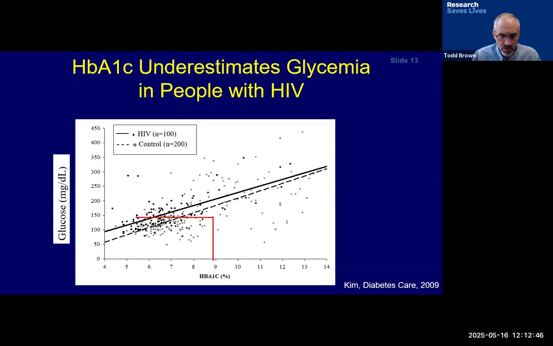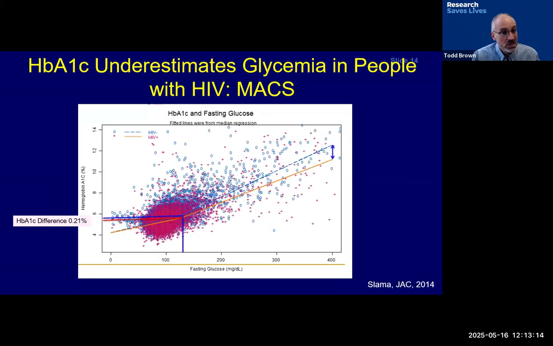If you can imagine this line being slid over, the dotted line where the corner is would be somewhere in the 7.5 range for a glucose of 150. But it's quite different: for the same glucose of 150, it's lower in the people with HIV here by about 1 A1C point. We looked at this in the Multicenter AIDS Cohort Study,